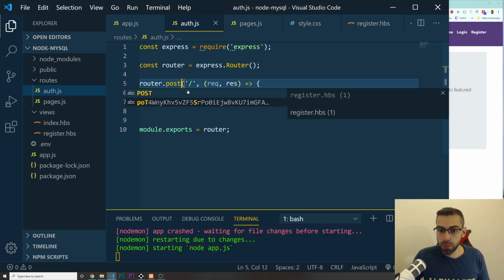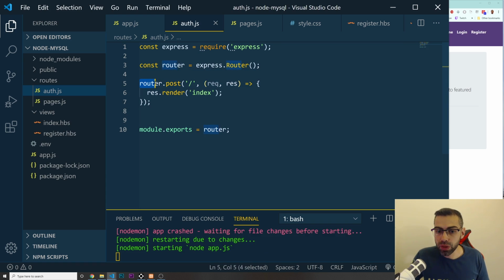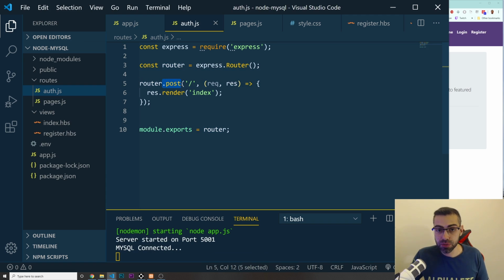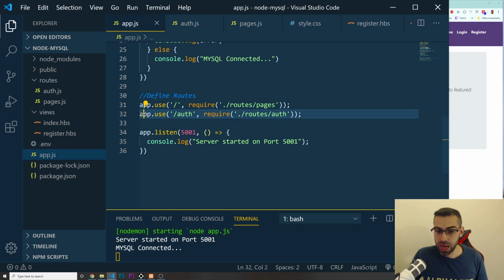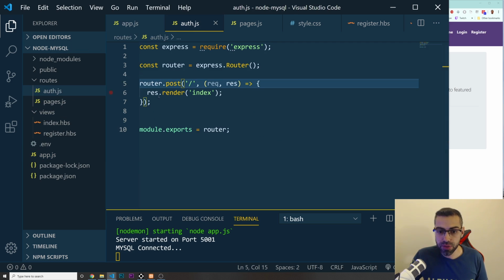dot post. So you will only be able to access this route via post. When you submit the form, you submit it via a method of post. That's why you need to put in here router dot post, and you want to submit this to auth, which you already did. Look, app.use auth. This is redirecting us into routes auth. This is the file. And you want to do in here